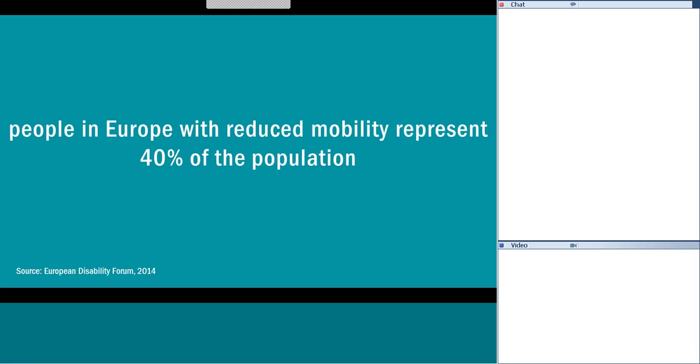And then there are people with a physical disability, people who are unable to move, perhaps not hold a mouse or whatever. But overall, again, a very large percentage of the population have reduced mobility. And of course, reduced mobility also comes with the aging population. As you get older, unfortunately, things start to stop working. So it's very important that we also take into account the needs of those people.